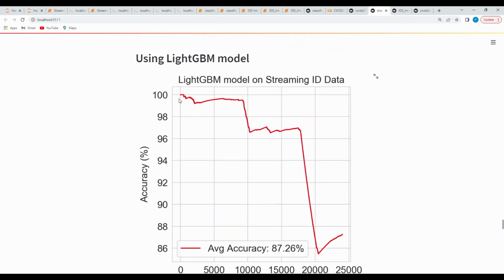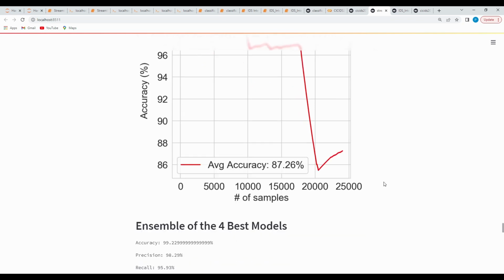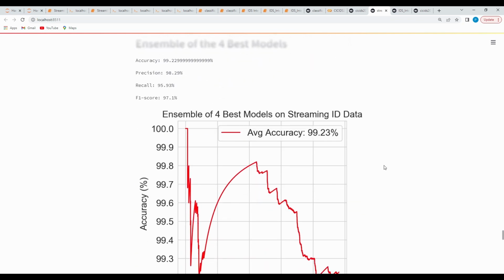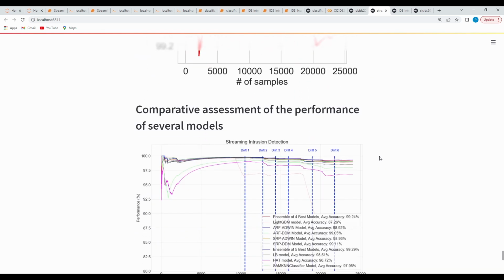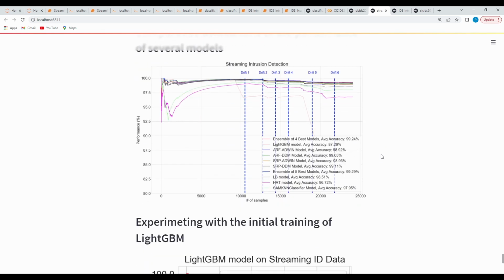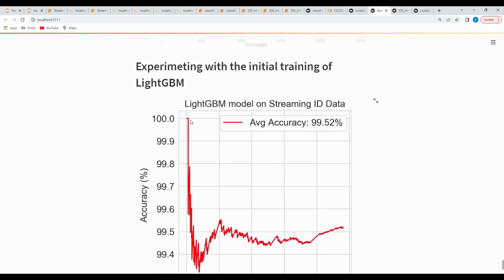Here is an interesting case. This is a light gradient boosting method that is not being adapted at the moment, and you can see how dramatically its performance drops because it cannot detect properly and adapt to concept drifts. But later you will see what happens when it is adapted to those concept drifts. But again, the point is that when we combine, here is the light gradient boosting method that is trained on all